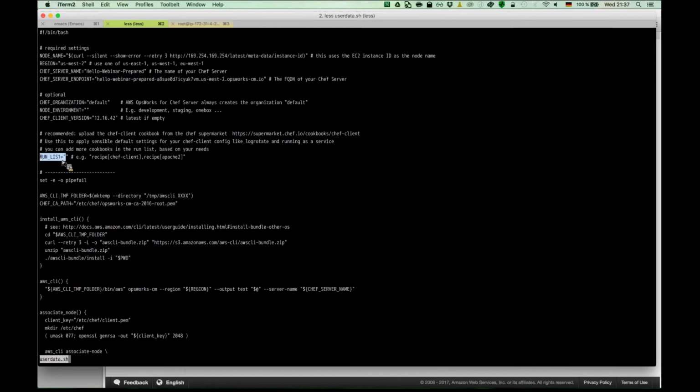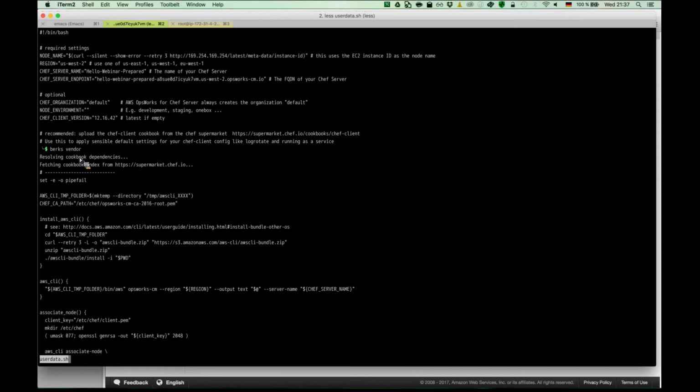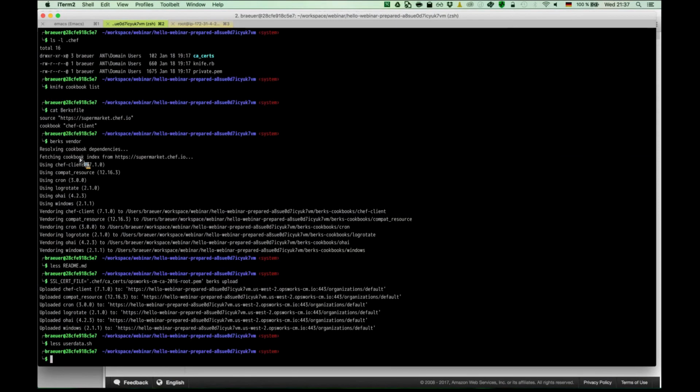So there's basically one setting for you to set, and this is the run list. You would edit this file and change the run list to your needs. It is a role that Amir referred to earlier. This user data can be used in auto-scaling groups when